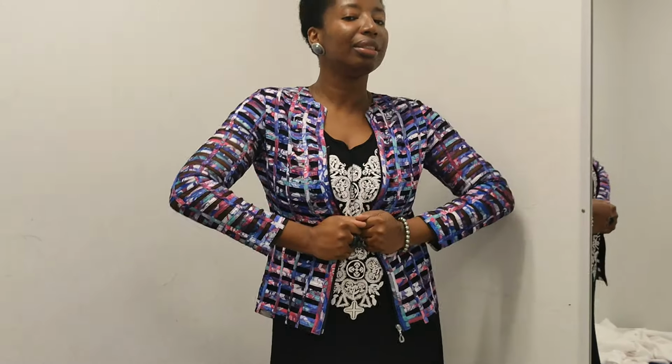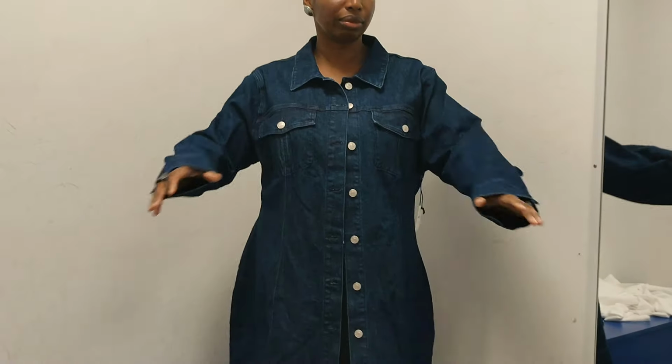Beautiful multicolor jacket. It was too small, so I did not buy it, but the lady next door found it and she was like, oh my gosh, I love this jacket. I was like, yes, take it, it's fabulous. I tried it on and it's too small for me, so she got it. Now this